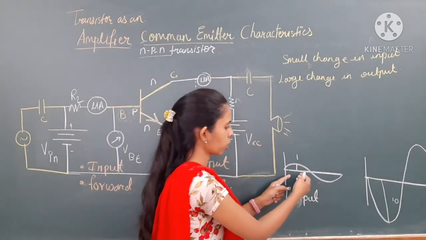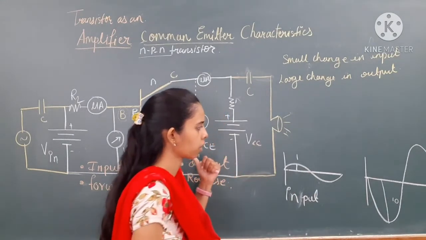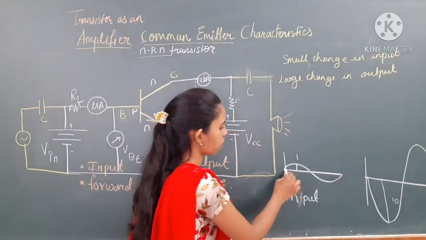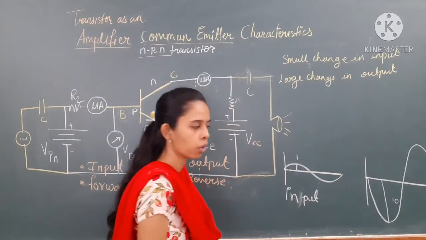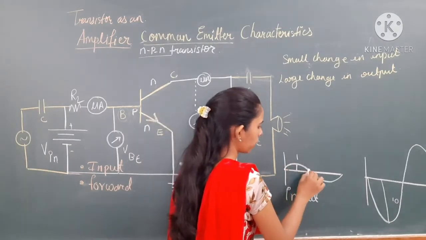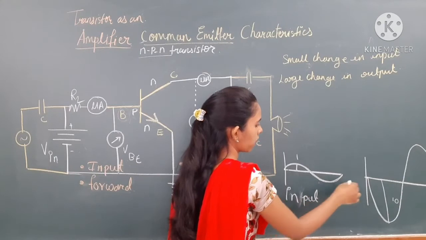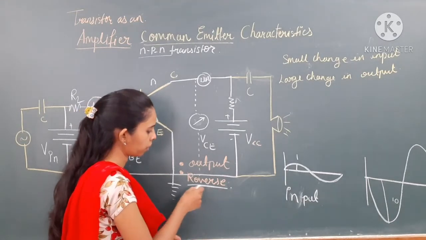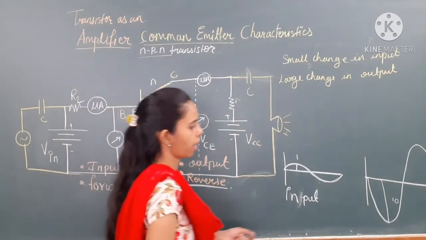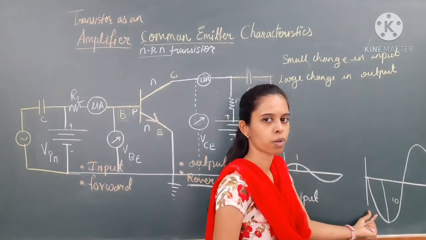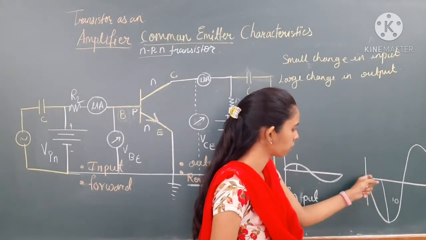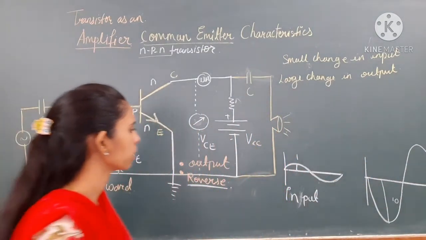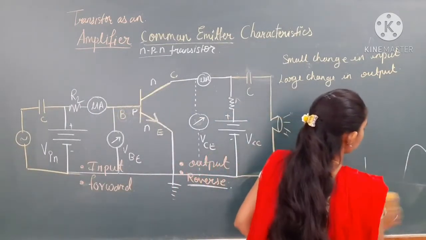So this is the sinusoidal wave which is given as an input to the base, and this is the output we get. Here you can see that this is a positive cycle and this is the negative cycle. If there is a positive cycle first, since this part is reverse biased, due to this reverse bias, reverse current is going to flow, and in the output you will get a phase difference of 180 degrees. So the graph will start with the negative cycle, and therefore we have to see a small derivation in this. So let us see what that is.